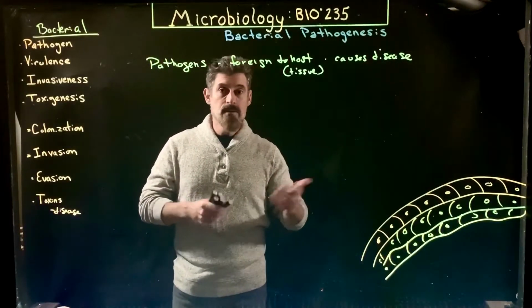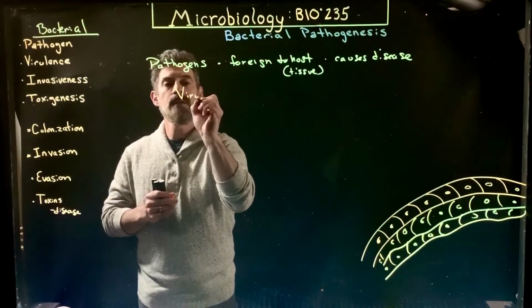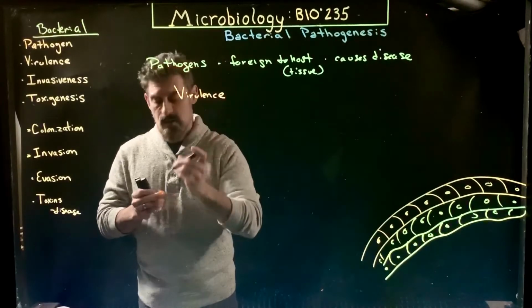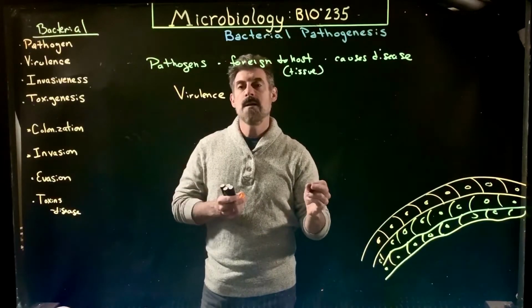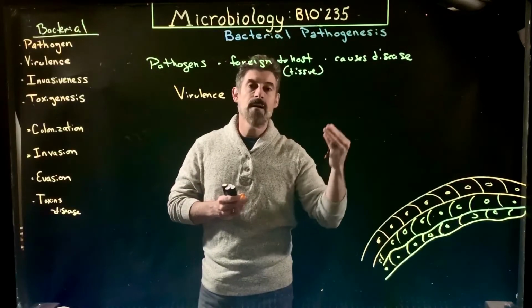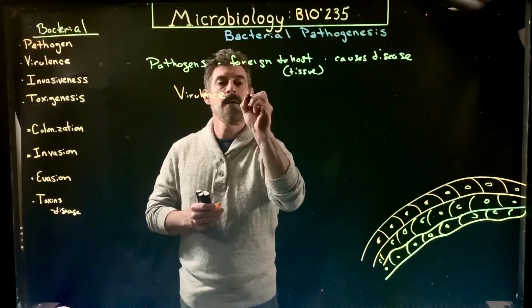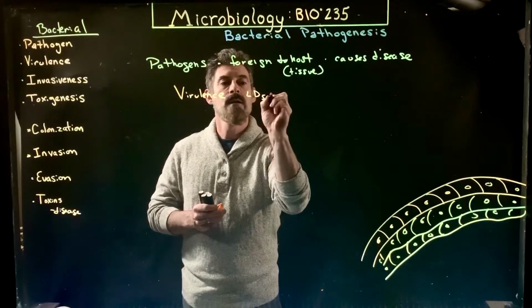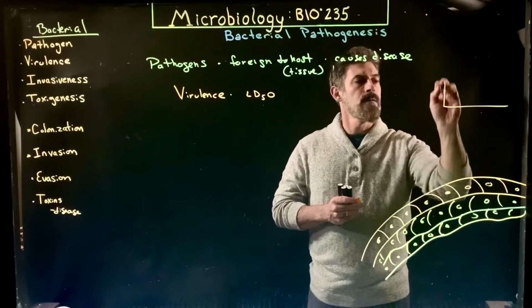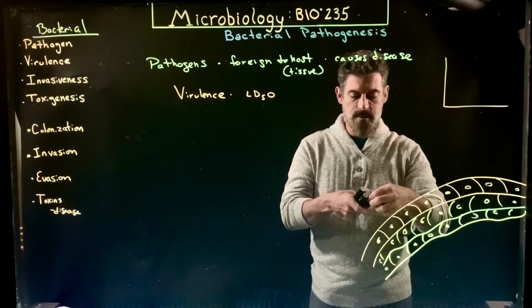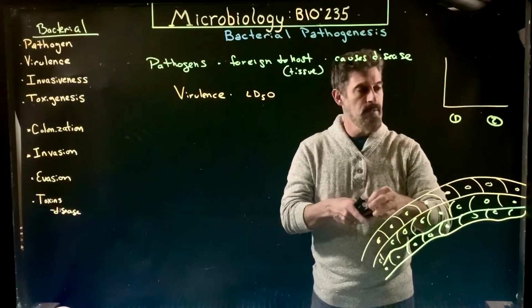Not all pathogens are equal. Organisms that are pathogens have a certain amount of virulence. Virulence is essentially how deadly or damaging they are, and usually this is based on the number of cells of that organism that can cause death. And so usually there's something called an LD50 value. I've got a little mini graph here. So we have two species of bacteria, for example, 1 and 2. There's a detailed one in our PowerPoint notes.